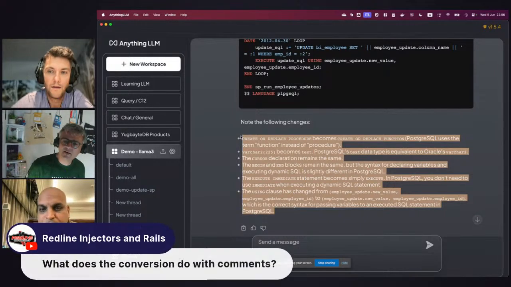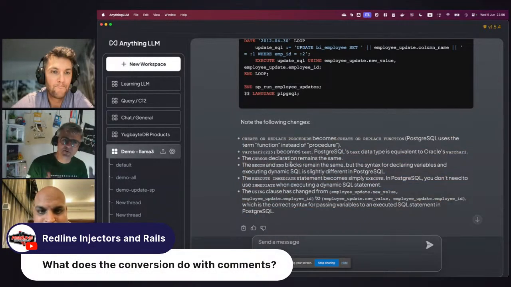What I like also is that, for example, you had a varchar with a size, and it's kind of knowing that in Postgres you don't need to restrict the size, and then it uses text, even if we can also do a varchar in Postgres. So it's kind of putting some best practices or most common usage on it.